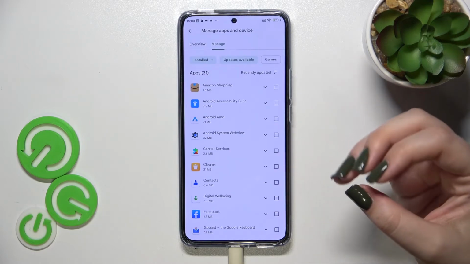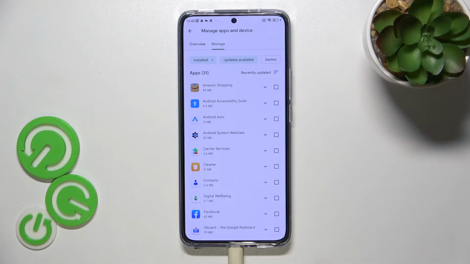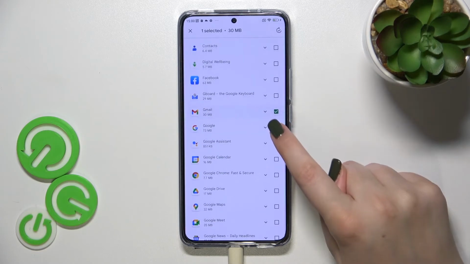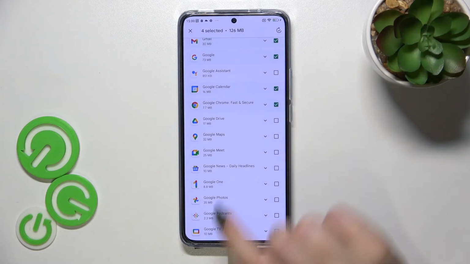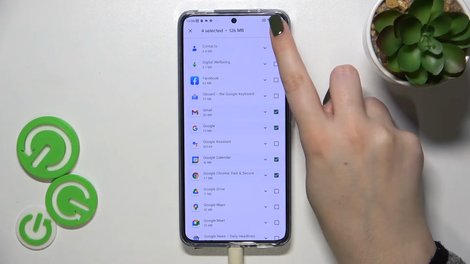And basically, if you want to download 1 or 2 or 3, whatever, updates, just mark them. So let me pick, for example, the Gmail update, Google Calendar, I don't know, and Google Chrome. That's all. And all you have to do right now is to simply tap on this update icon in the